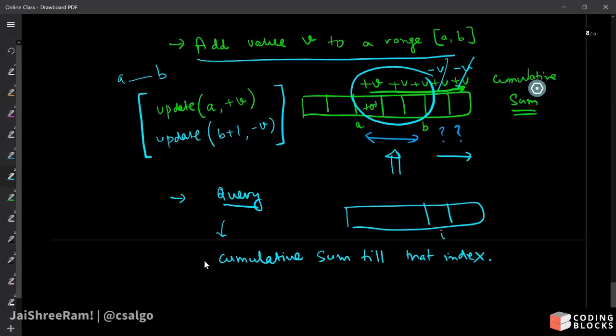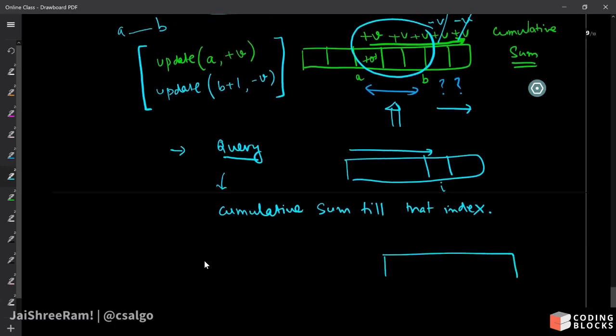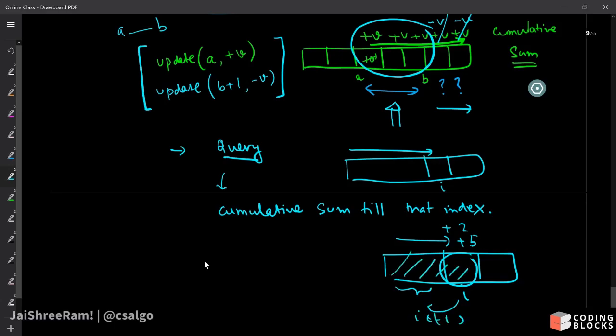BIT यही तो करता है, BIT यहाँ से लेके यहाँ तक का जो भी सम बन रहा है वो हमें बता देगा, राइट। तो अगर हमारे इंडेक्स पे प्रोपोगेट होके दो अपडेट्स आए थे, एक बार +5 और एक बार +2 आया है, तो हो सकता है डायरेक्टली इस इंडेक्स पे आए हों या उनका कुछ पार्ट यहाँ पड़ा हो, राइट। हम अपने i और i minus (i & -i) वाले लॉजिक से पूरे इस पार्ट में आइटरेट कर लेंगे और जो भी सम बनेगा वो हम रिटर्न कर देंगे, राइट। तो क्वेरी भी हमारा क्यूमुलेटिव सम क्वेरी चलेगा एंड अपडेट भी हमारा